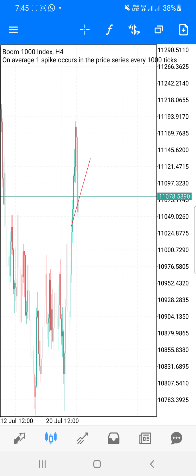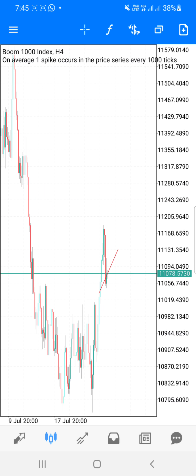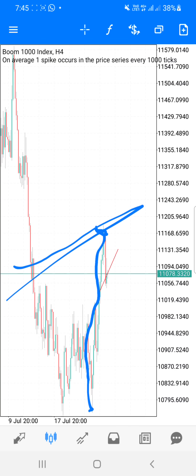Now look at something. I'm looking at this for my 4 hours, right? For my 4 hours time frame. Look at something, guys. Now this particular guy actually moved from here, right? It started moving from here. It's moved and covered all this distance and got to this spot. Now look at this spot. This spot is a really nice spot because look, now when I join these two guys like this, it gives